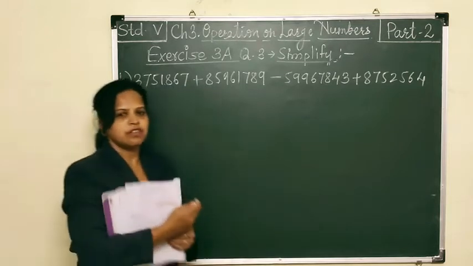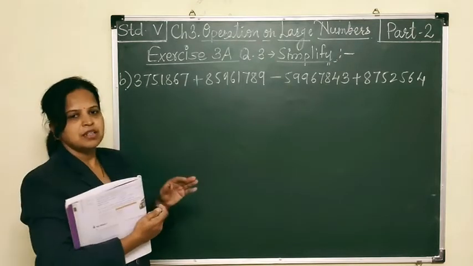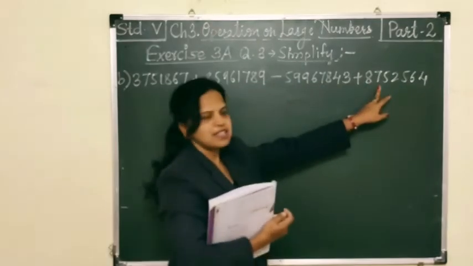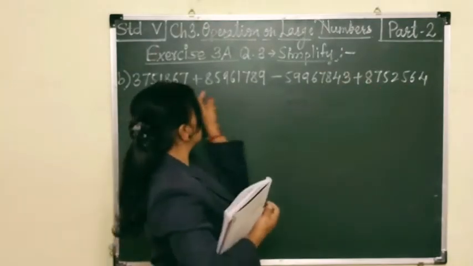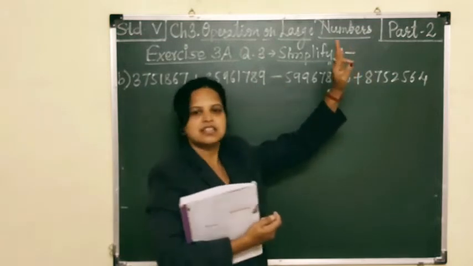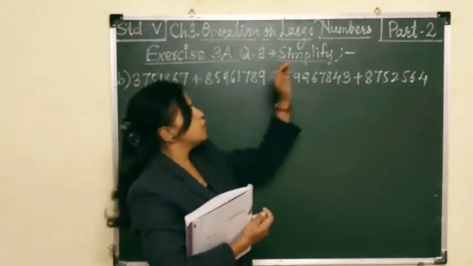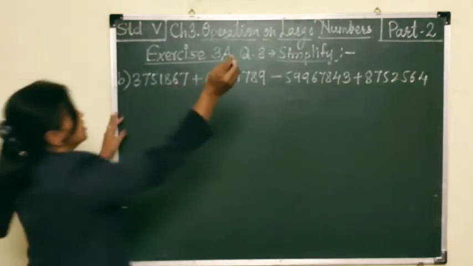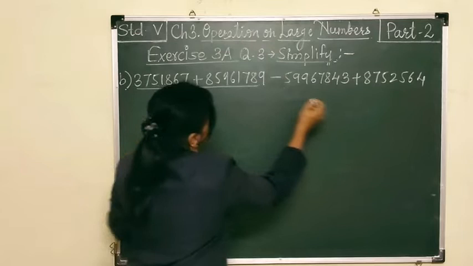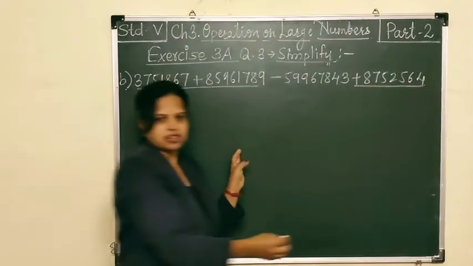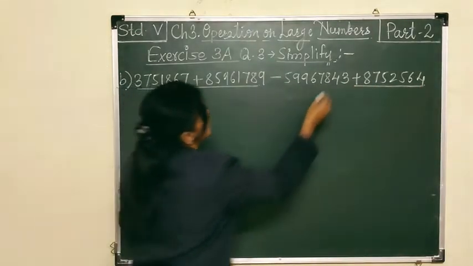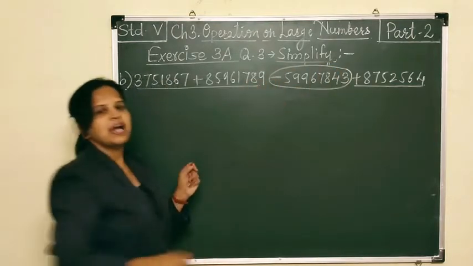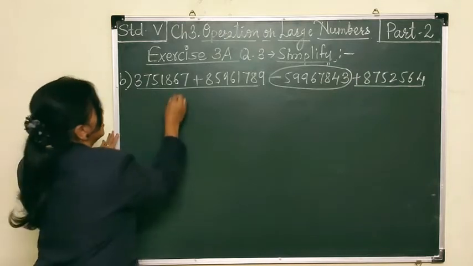Instead of this, what can we do? See there, we can add the numbers which are there for the addition. See there, first two numbers plus last number. We will do the addition of first 1, 2 and this last number, that is 3 numbers. And from that sum, we can do the subtraction of this number. Check here what I am telling. See, take these two numbers and the last number for addition. Okay. And then whatever the sum we will get, from that we will subtract this number which is with minus sign. So let us see how to do it.